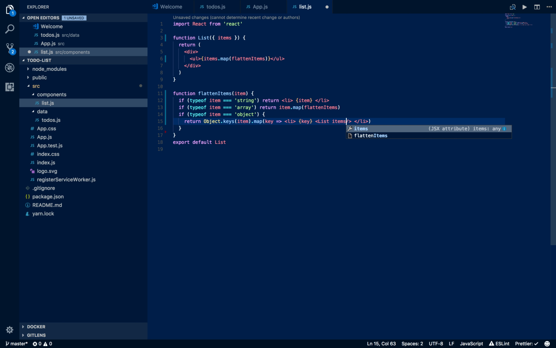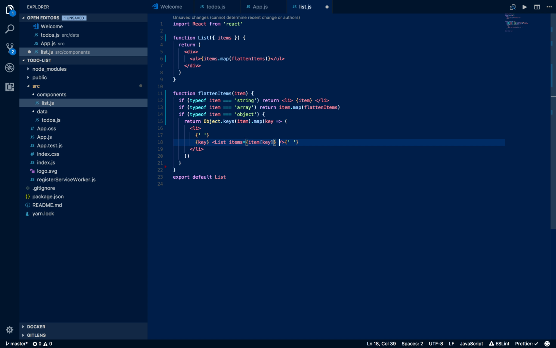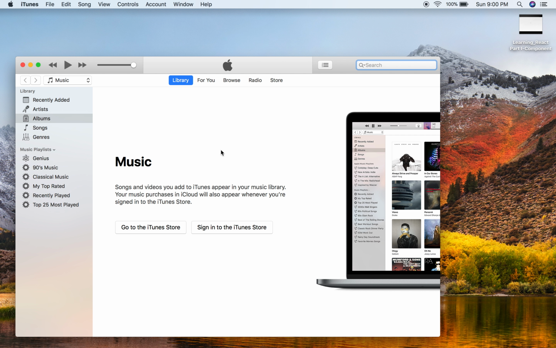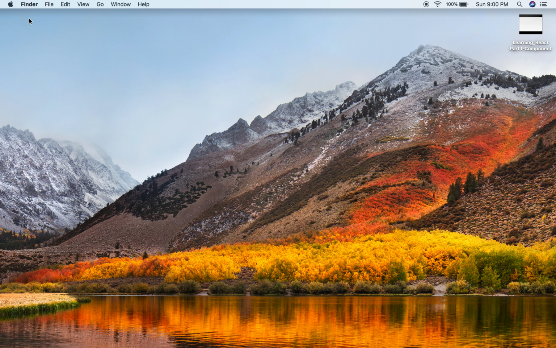Well, the items are going to equal the item at the key. Cool. This is just my linter cleaning things up for us. Okay, cool. So now hopefully what we'll return is this nicely